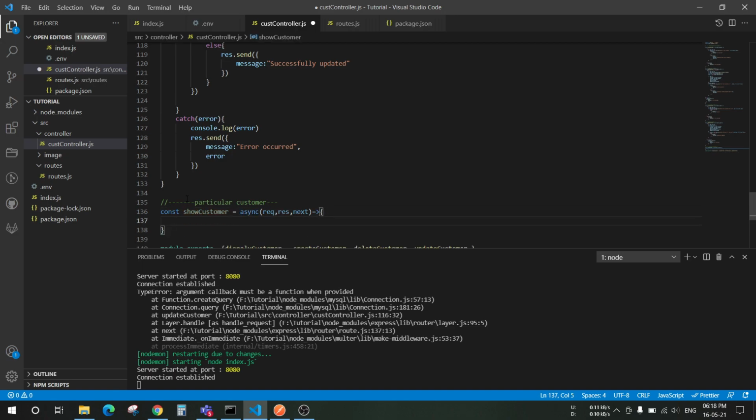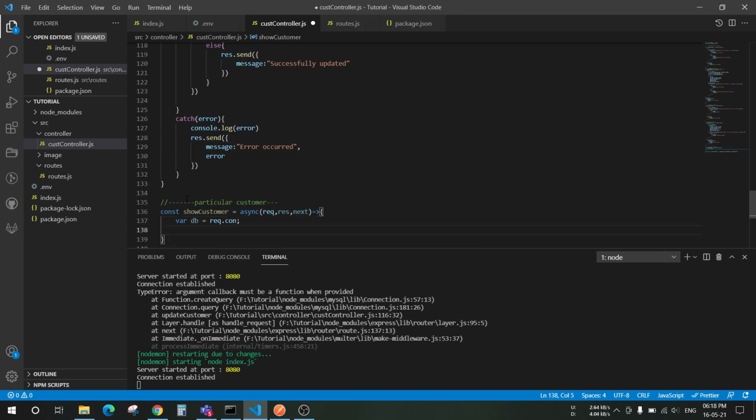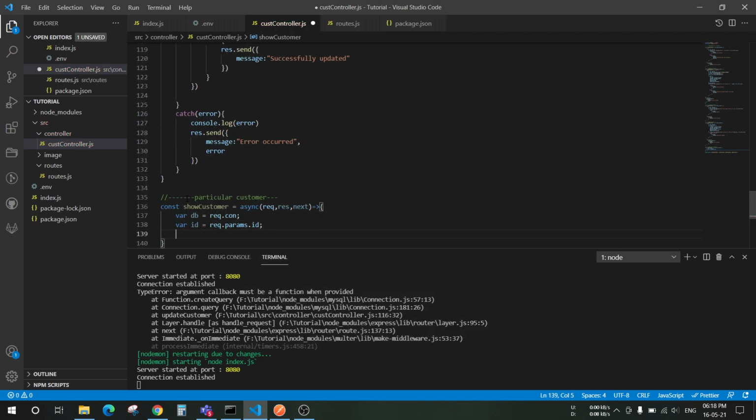I'll simply start with the db connection. Db equals to request.con where id equals to request.params.id and let results equals to